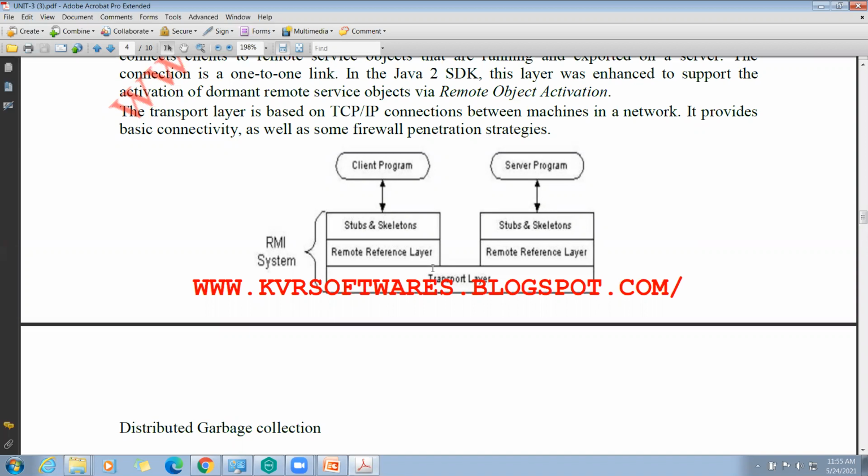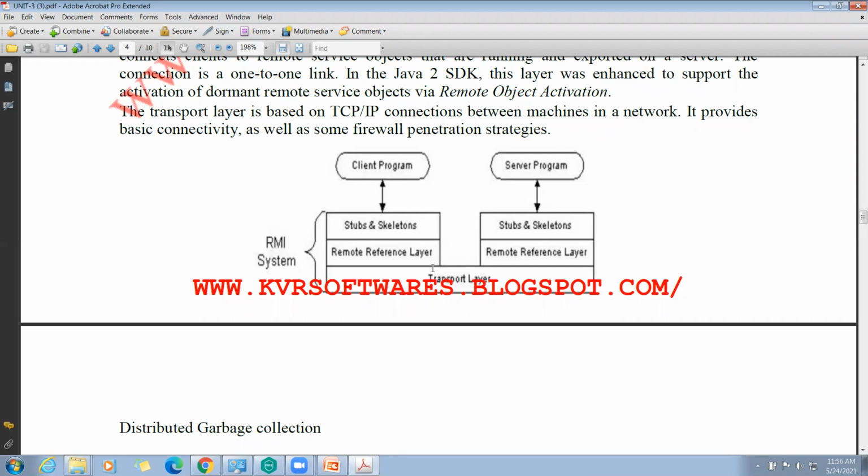This is the fourth point. Fourth point, start the registry service by using the RMI registry tool. This is also one tool which is used to start the services. You need to check in the start button, search services. Here you find this RMI service in your machine. Students, just once check in your system. Next, lastly, create and start the remote application.